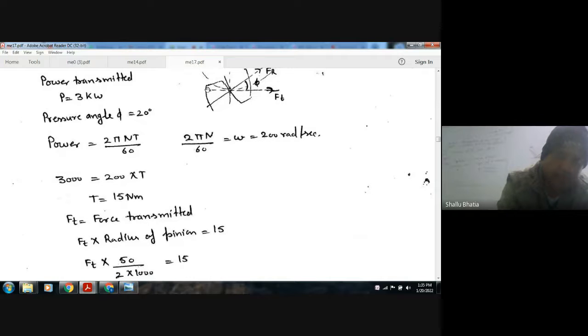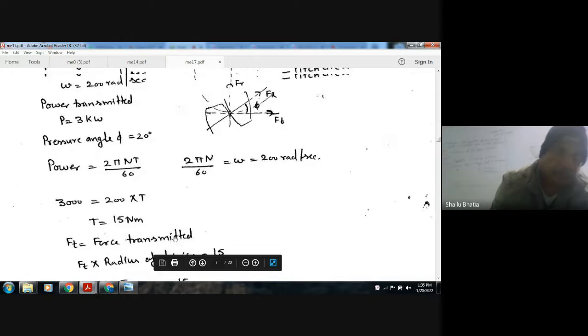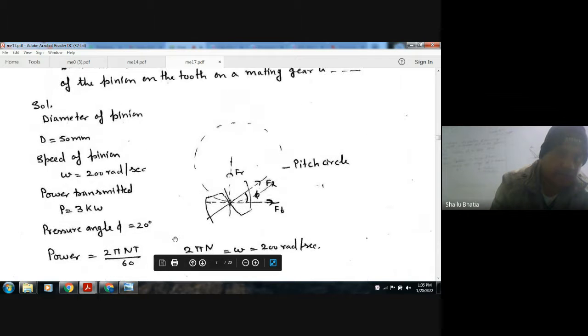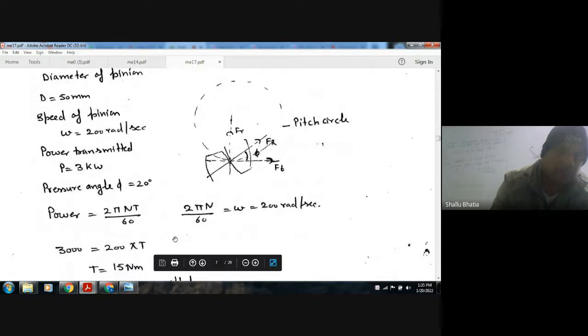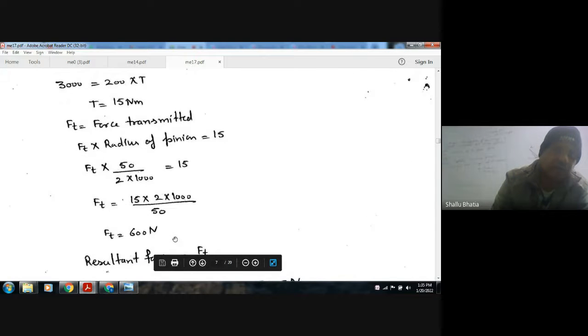Or contact line. Okay. So this is a force transmitter, and FT, the force transmitter, is nothing but, sorry, this is a torque transmitter. Torque transmitted is nothing but force into radius, and the diameter of the pinion is 50 mm, so the radius of the pinion is 25 mm. By putting this we can find the FT, and the resultant force is